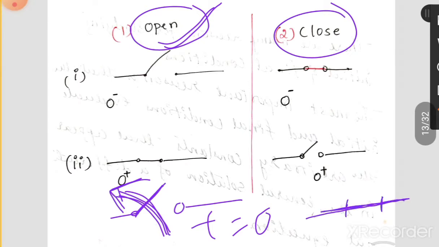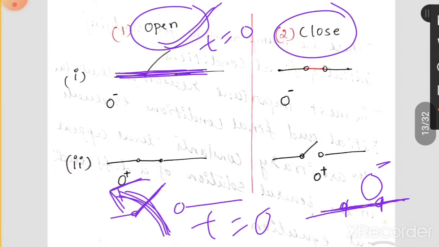Okay, the switch was closed, right? When the switch was closed, what are the conditions that we have to observe? In this case, the switch is going to open at t equal to 0, which means t equals 0 minus is what? It's closed. The switch was closed earlier, before you open it.